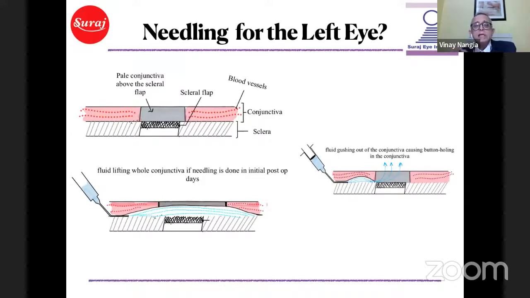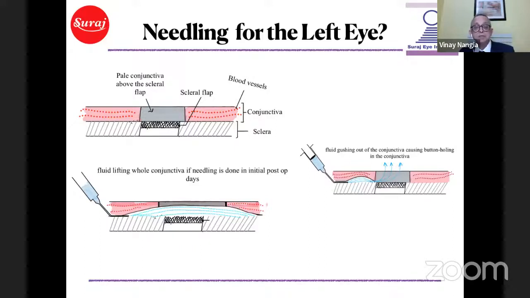When you do needling, there are various things that happen under the conjunctiva. If you take a look at the figure on the top left, this is our patient. There's a pale conjunctiva above the scleral flap, and there is vascularization of the conjunctiva adjacent to it. And when you put a needle under the conjunctiva, what you may expect if the conjunctiva hadn't really stuck to